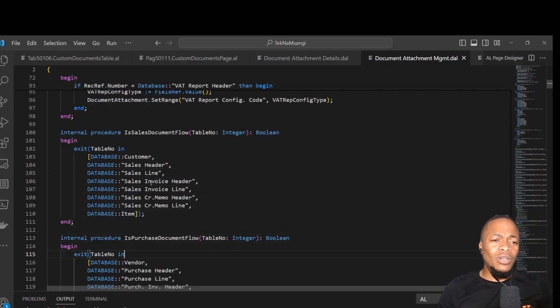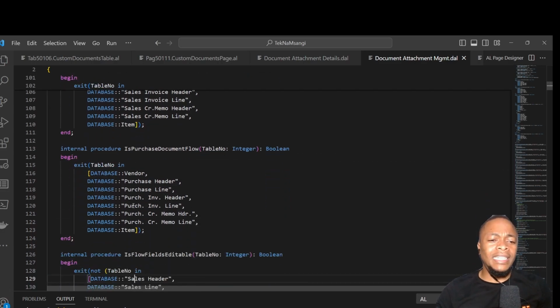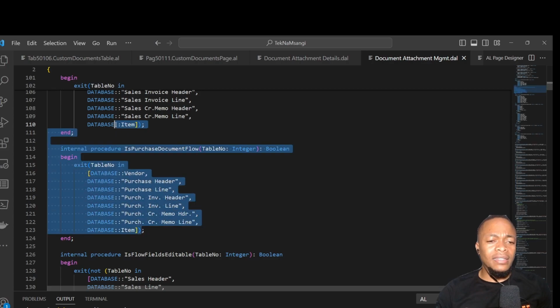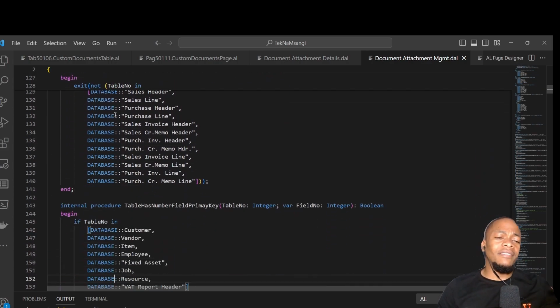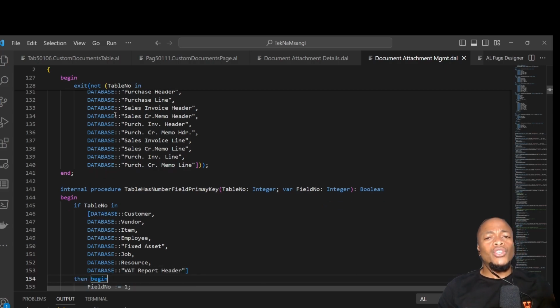So these are the tables that are at least part of the document attachment. If you look at these, they do have the type, they do have the number. So we need to identify which table at this particular attachment we are working with,